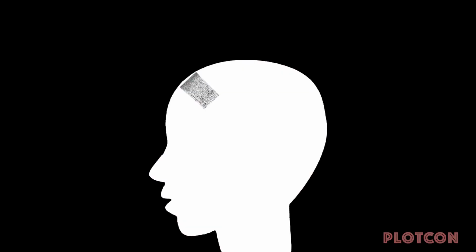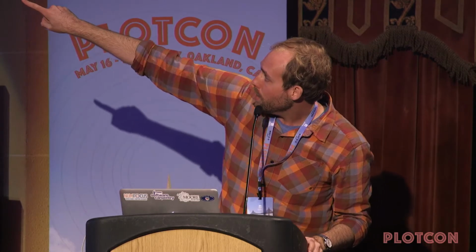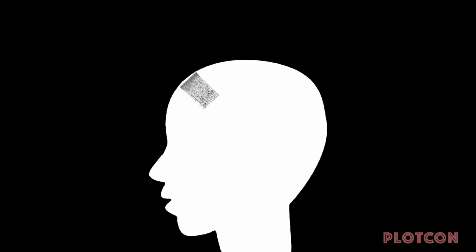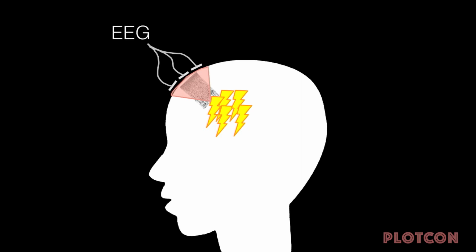So remember how I noted that in those Ramon y Cajal drawings, it seemed like the cells were oriented in a particular direction. And remember also that when a single neuron fires, it generates an electrical field. So it generates what's called a dipole. It turns out that if you get a whole lot of those neurons, and they're all firing at roughly the same time, and they're all oriented in roughly the same direction, then those little tiny electrical fields sum together, and they create a large electric field. So you get a whole bunch of neurons firing like that. It's generating a pattern of electrical activity, and that activity propagates up to the surface of your head,